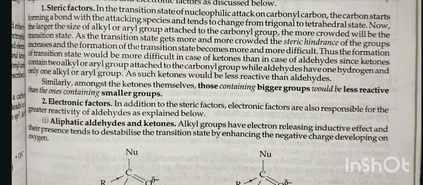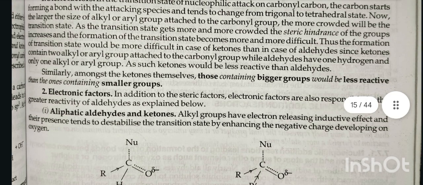Now, the larger the size of the alkyl or aryl group attached to the carbonyl group, the more crowded will be the transition state. As the transition state gets more and more crowded, the steric hindrance of these groups increases and the formation of the transition state becomes more and more difficult. Thus, the formation of the transition state would be more difficult in case of ketones than in case of aldehydes, since